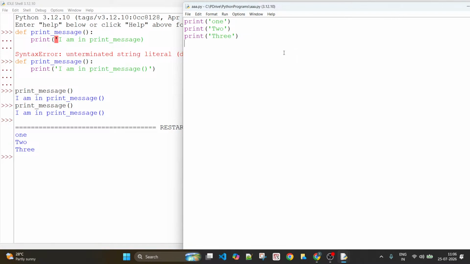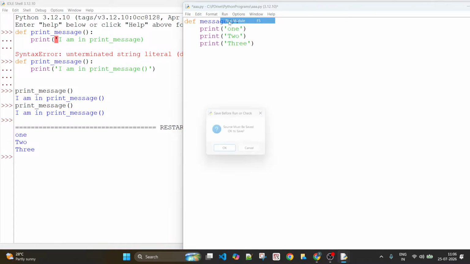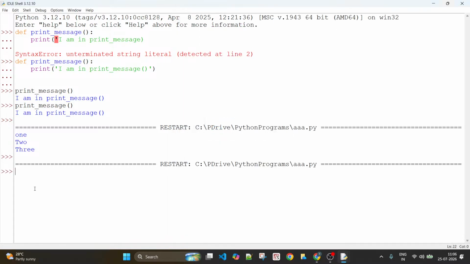Now, if I have to make this a function, I need to just write it as def. So give some name to this, okay? Something like this, and use braces, put a colon, and then start indenting this. You are putting these statements inside the function, okay? And we are done. If you now execute this code, nothing happens. There is nothing that it produces. See, nothing happened. Why is that?